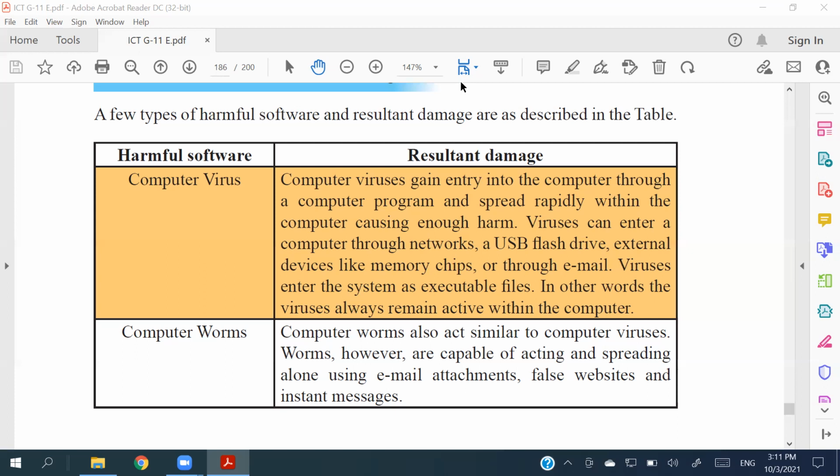So computer viruses and worms lie in the same category, right? They get into the system and replicate by themselves, and then they do a lot of harm to your computer, like unwantedly altering your file structure, or making your CPU work at a very high speed by generating a lot of processes inside it, right? So either your computer will get stuck, or sometimes some hardware damage can happen as well, right?